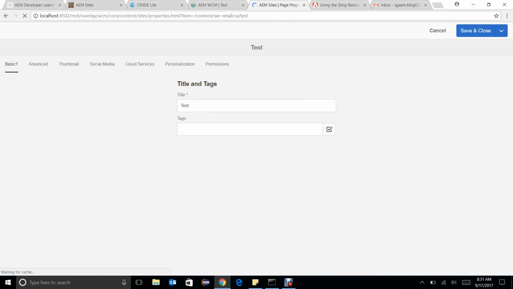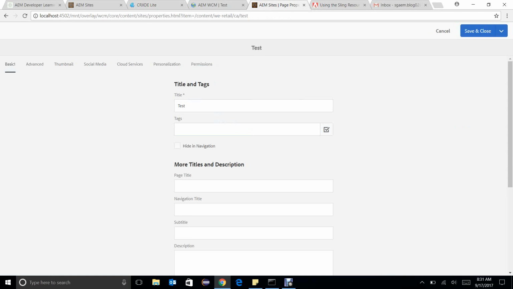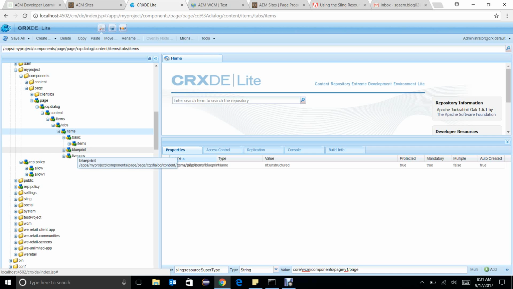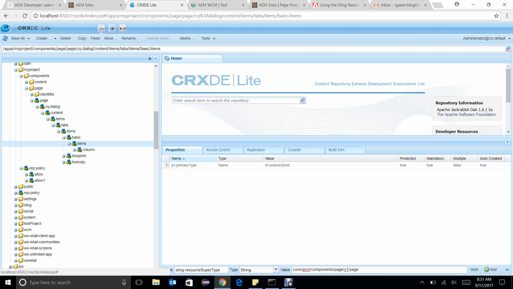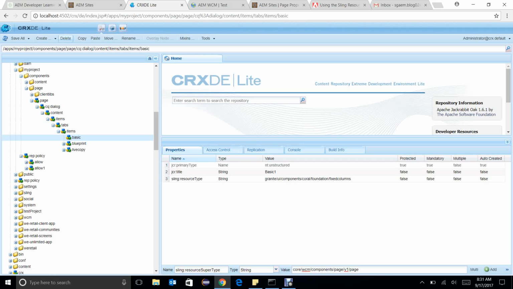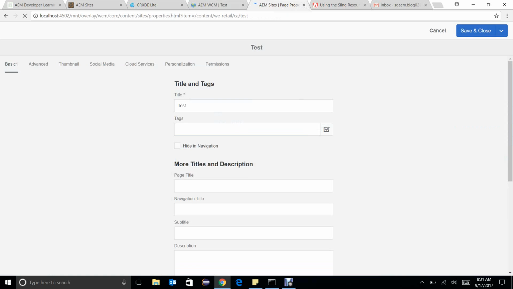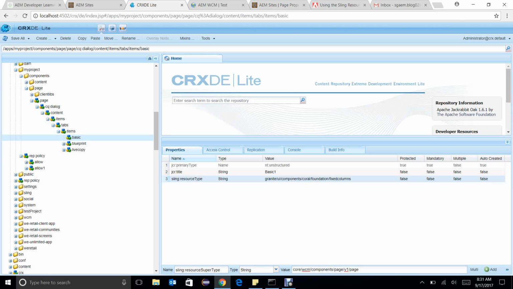I have deleted all of these, and yes, they are still available because they are available in the parent. There is no need to have items as well, because we are just changing the JCR title. There is no need to duplicate all the children, because it will merge the basic node with the above basic node. It doesn't impact when I change the property.